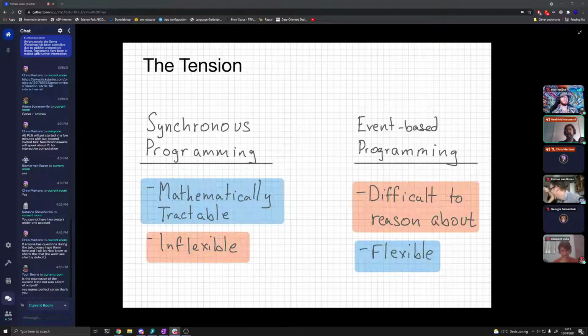Because it almost seems like we have a sort of engineering trade-off, where on the one hand we have a simple synchronous programming model, which is very mathematically tractable. We know how to generate really efficient code for it. You can analyze it very well and use it in safety critical systems, but it's totally inflexible. You figure out all the data that your UI has up front, and that's the end of the story. But on the other hand, we have the modern model view controller style of event-based programming. And this is super flexible. You can implement anything you like in it, but it's punishingly difficult to reason about.